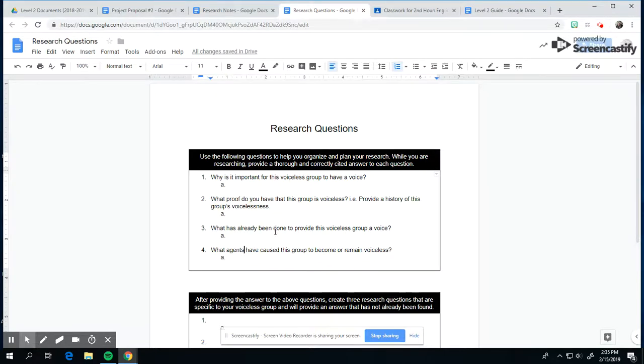Now, each one of these questions is very broad, so it just talks about your voiceless group in general. Why is it important for voiceless groups to have a voice? What proof do you have that this group is voiceless, etc.? When you're answering these questions, you don't have to have direct quotes from your research in your answer. You can paraphrase, but the answers, again, need to come from the research, not just from what you know about